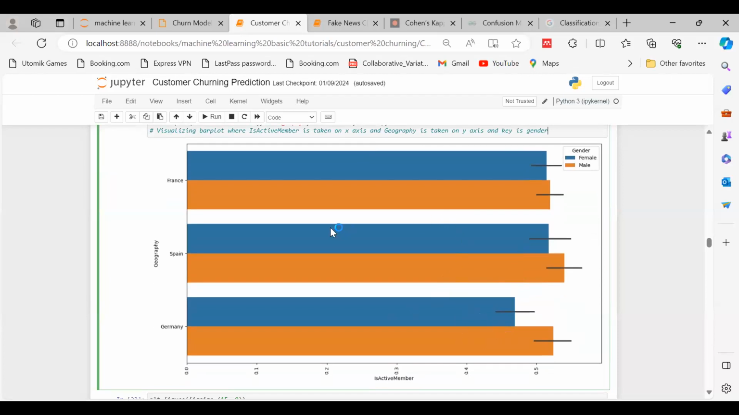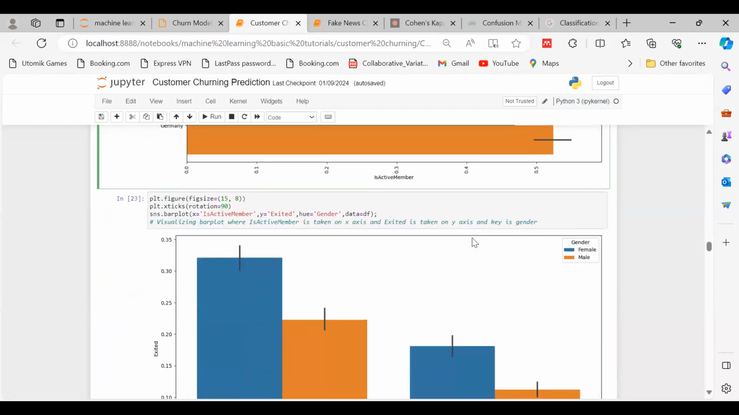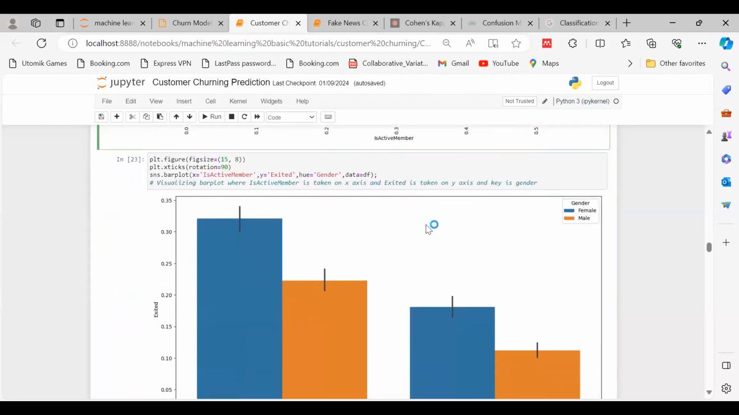So we can see that Germany has more participants. Spain has more participants with respect to male and female, and Germany has the least, and France has an equal number of male and female participants that are the active members. Okay, so